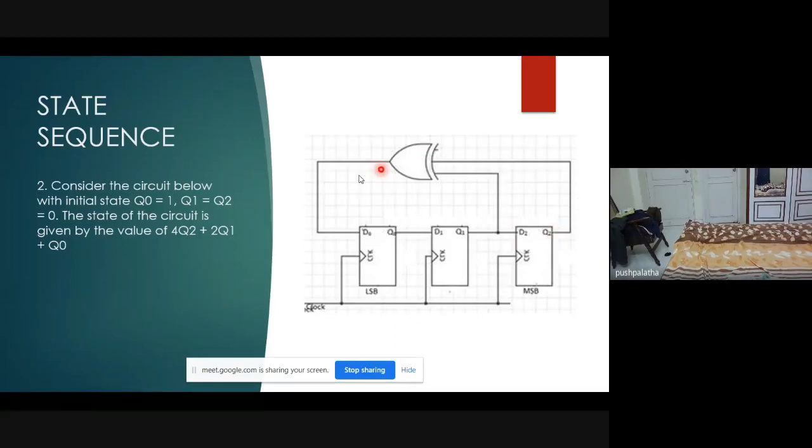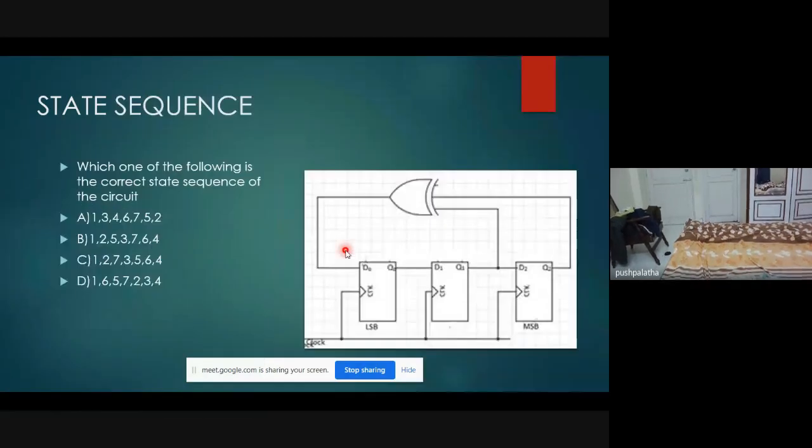Now what is my Q1 and Q2 value? Q1 and Q2 value is actually equal to 0. When this is equal to 0, both the inputs are the same. Initially both the inputs are the same. When both the inputs are the same, what is the output? Obviously it is 0, which is given to your Q naught. Okay, now we'll see a step by step procedure.